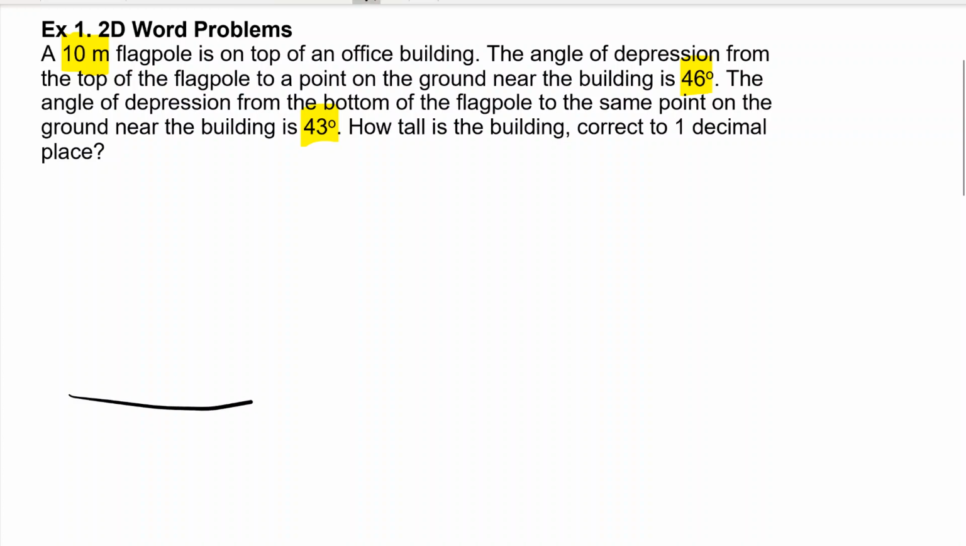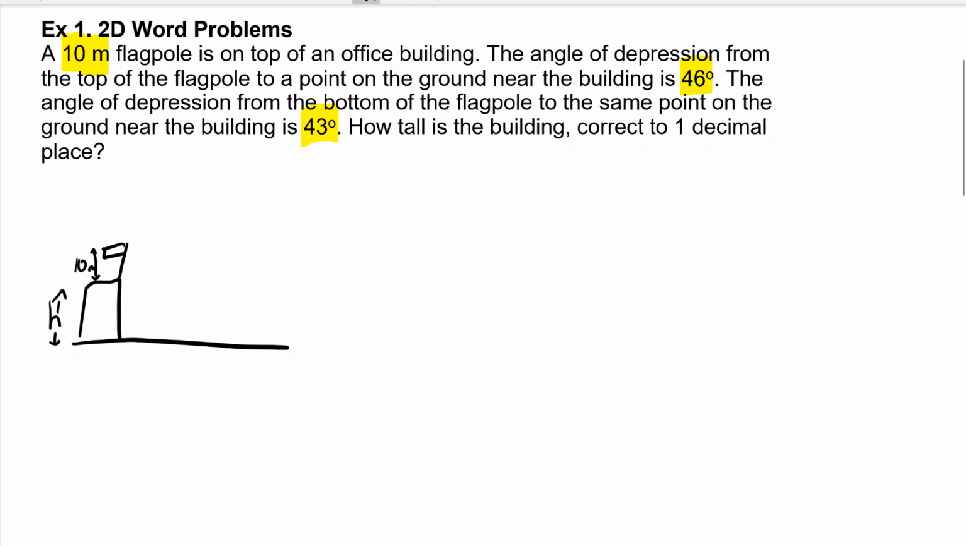So I've got my ground. It's not very straight. Let's do it again. There we go. I have a building. I'm trying to figure out how tall it is. There's a flagpole on top of the building. I know it's 10 meters tall,